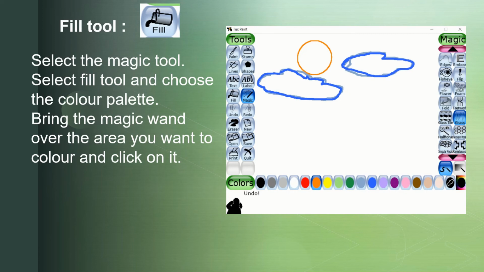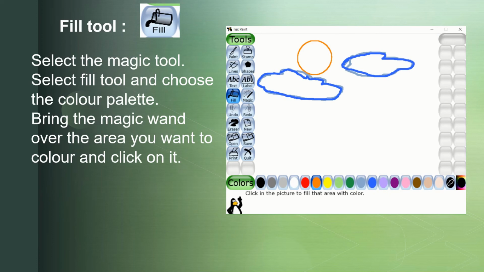Here select the magic tool, select the fill tool and choose the color from the palette. Bring the magic wand over the area you want to color and click on it. When we select the fill option from the tools, then the colors will appear and the brushes will disappear.